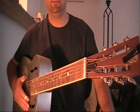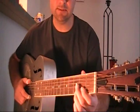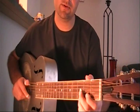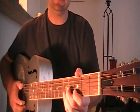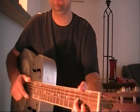So the introduction is very, very simple. It's this diminished chord, and he slides into there starting from the 2nd and 3rd fret, and he just starts off on the 3rd and 4th fret, and he stays there for a little bit. So this introduction is like,